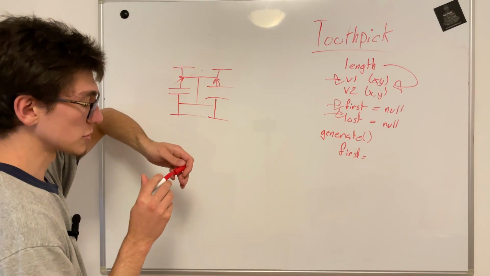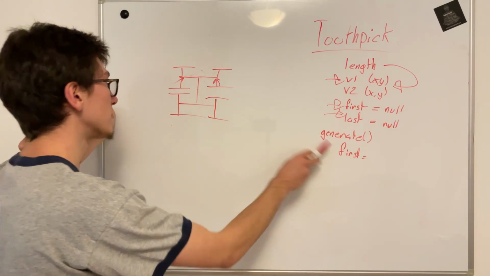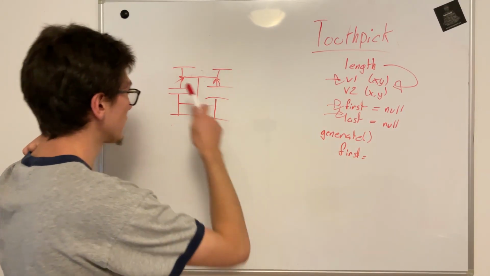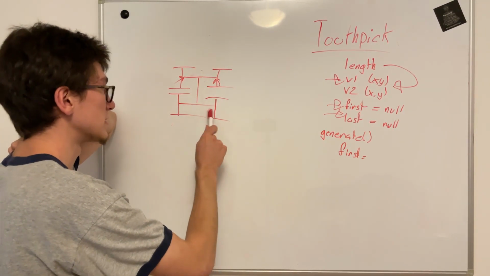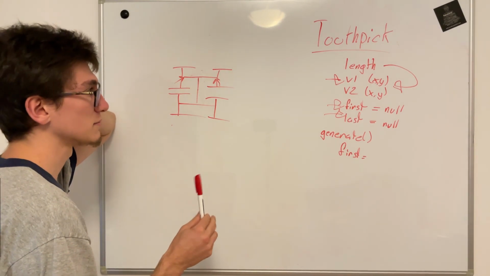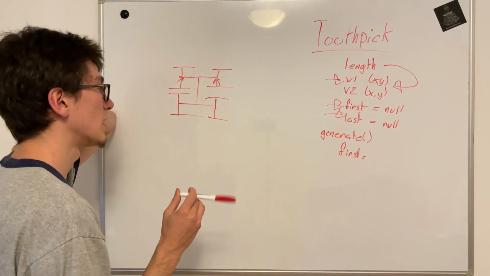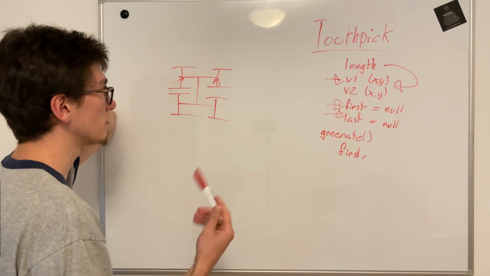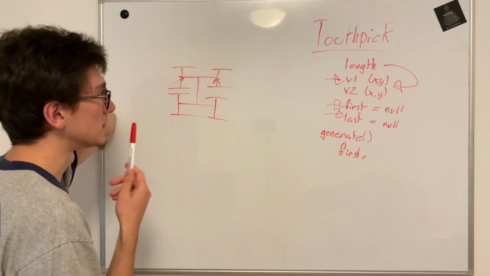So that's pretty much the goal, to get first and last, the two vertices for first, right? This one, and this one, and this one, this one. We could possibly just rotate the toothpick that we have by 90 degrees and then move it. I'm